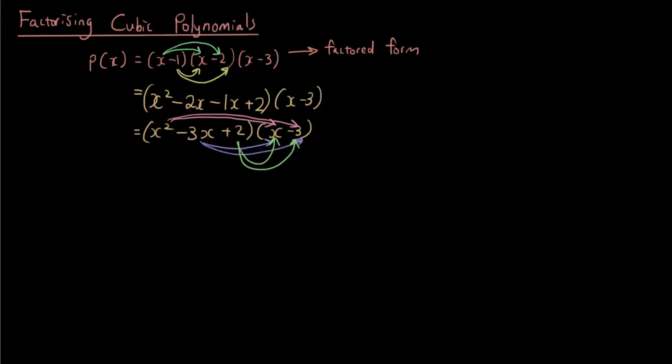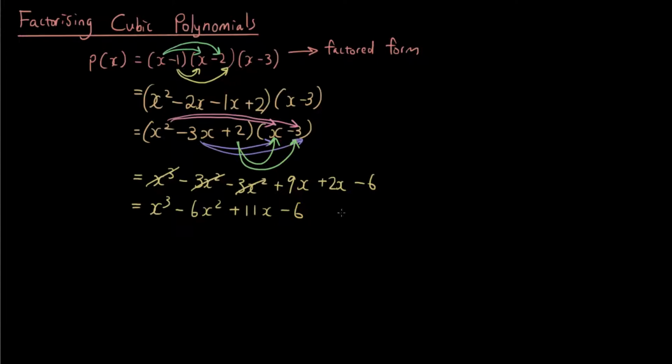Alright, so now let's expand it all, and then I will get x cubed minus 3x squared minus 3x squared plus 9x plus 2x minus 6. So if I simplify that, I will get x cubed minus 6x squared plus 11x minus 6,